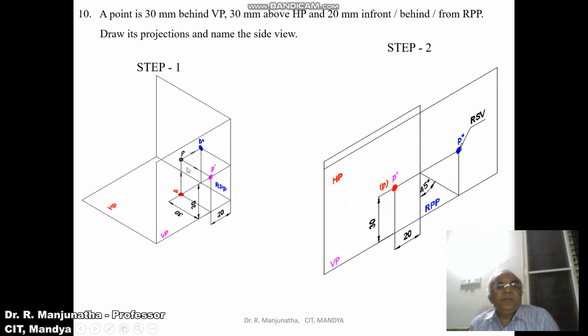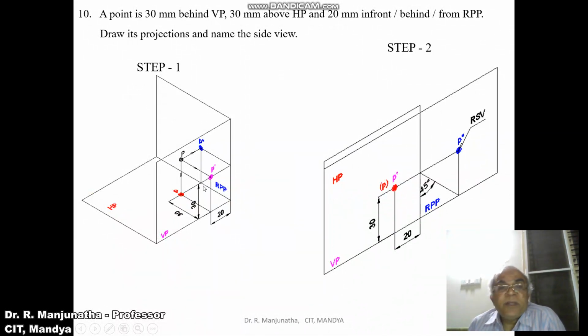Then here, 20 mm behind RPP is in the vertical plane and also in the horizontal plane. Then we cut it here, then rotate HP to the top and RPP towards the right side. This is going to be the second step, wherein VP and HP are rotated by 90 degrees. VP has been fixed, HP is the one that is rotated, so it is going to overlap in both VP and HP.